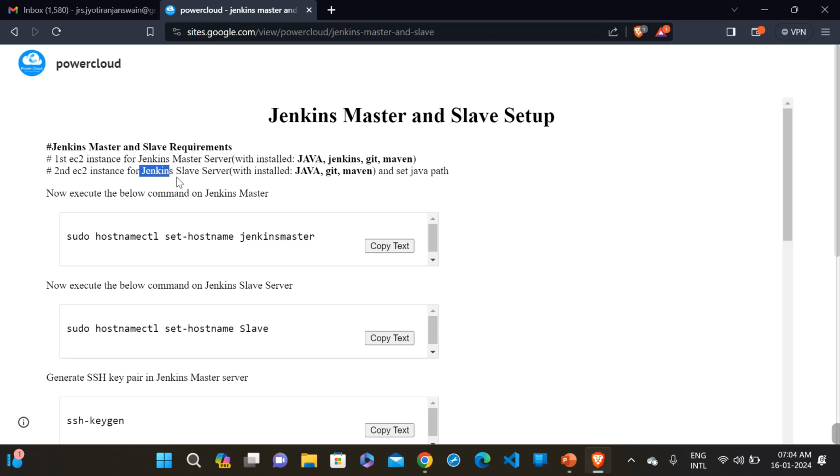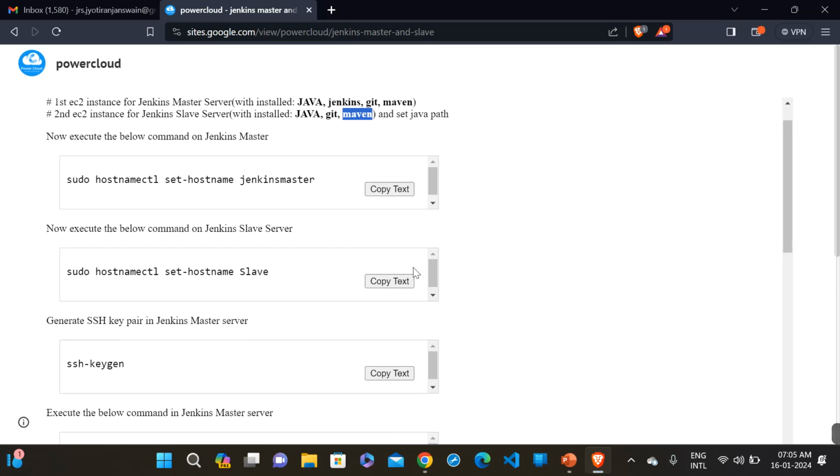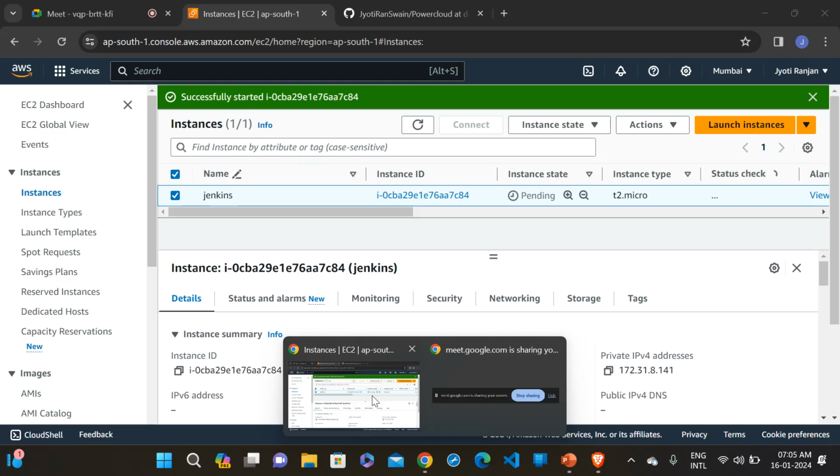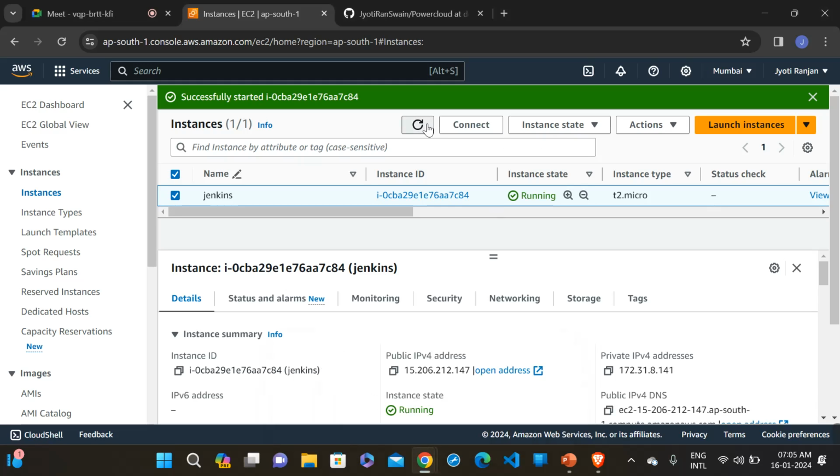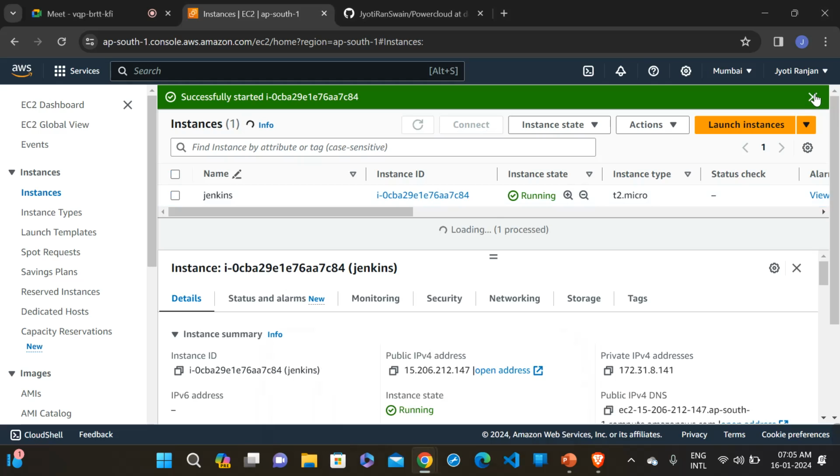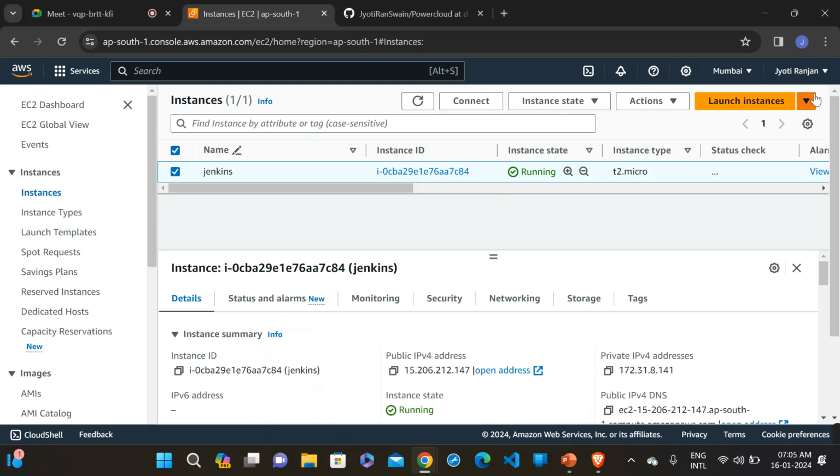And second, in the slave server, we have to take one new server, and in this server we have to install Java, Git and Maven, right? And we have to follow the following steps. So let's create a slave node first. First click on launch instance,